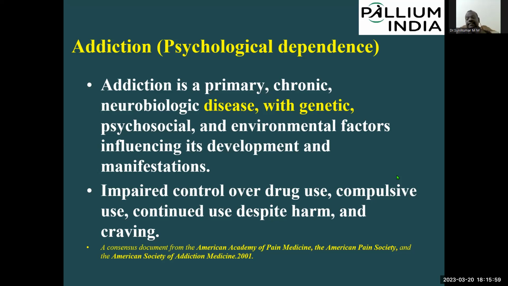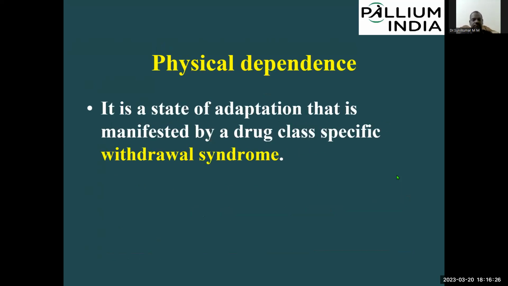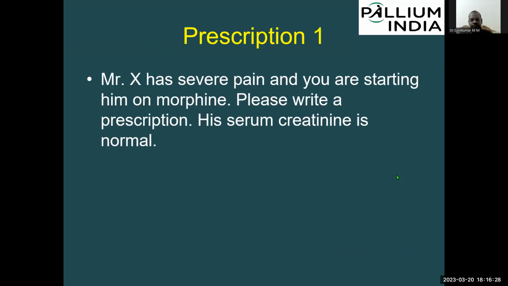And they may escalate the dose without your sanction. It will be from 5 milligram to 10 milligram, next day to 15, 20. That will be the type of escalation that they are going to use. So these are some manifestations, or these are some symptoms or behaviors by which you can understand that the patient might have psychological dependence. Okay, so